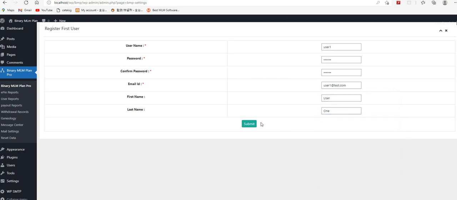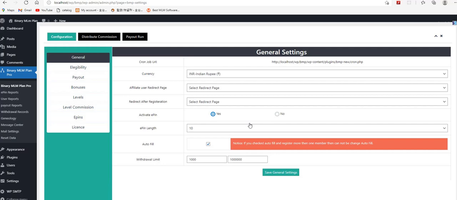As this has been created, these settings come up: general settings, eligibility, payout, bonus, level commission, EPIN, licensing. Let me explain everything one by one.